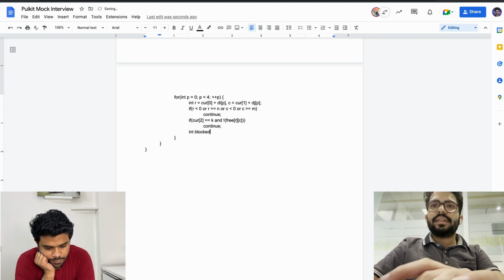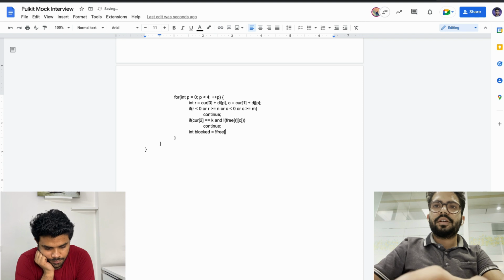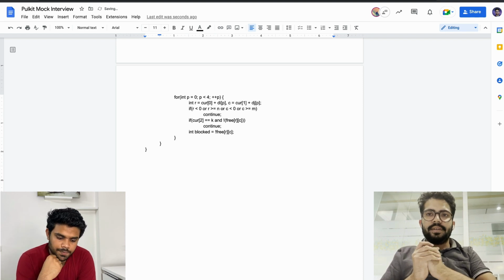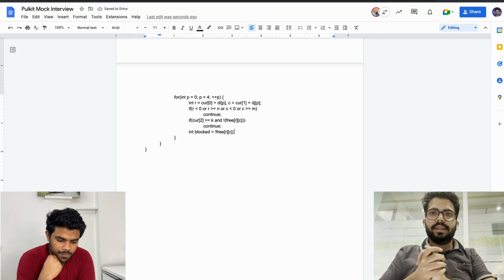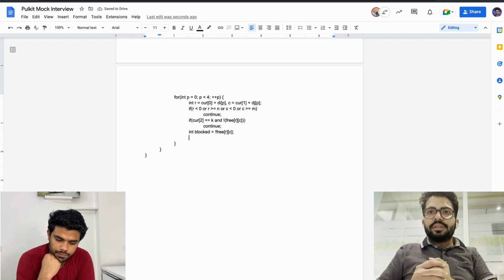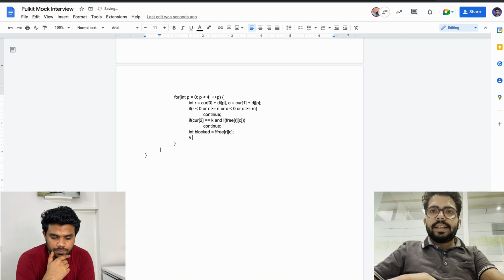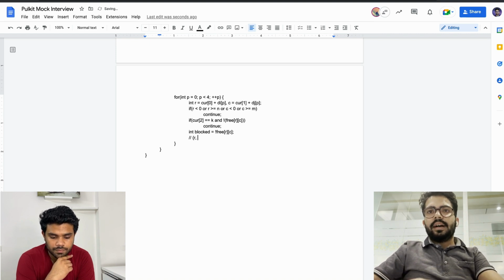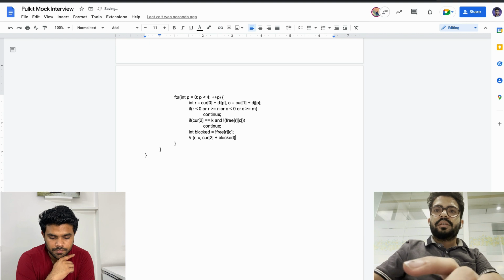Now let's have this int blocked equal to not free of r, c. So blocked will be 1 if it is blocked, otherwise it will be 0, right? So now, one more thing is, the state we will be reaching will be r, c and current of 2 plus blocked.